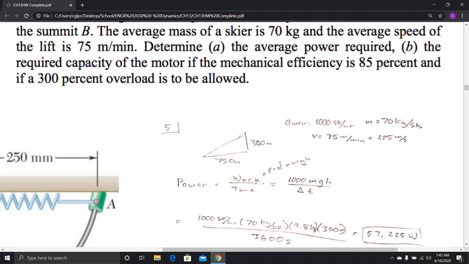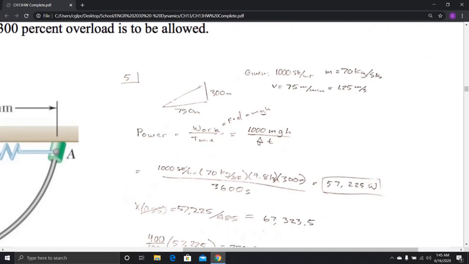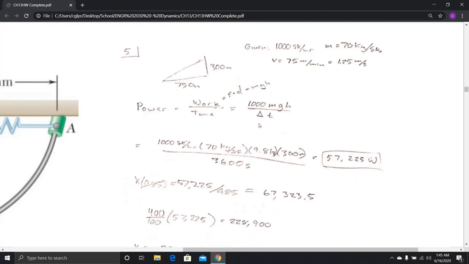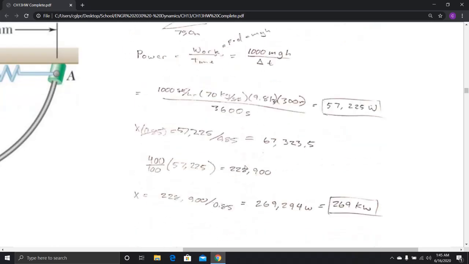Again, I start off by drawing a triangle. I look at the definition of power, which is work divided by time. Work is force times distance, which in this case is mgh. And of course, we're going to be doing this 1,000 times per hour. So I just need to plug in the numbers that I'm given and divide it over 1 hour of time in seconds to get watts, around 57,000 watts,